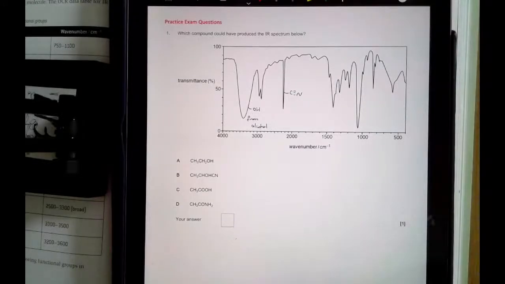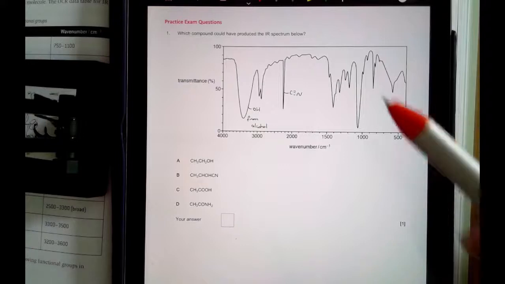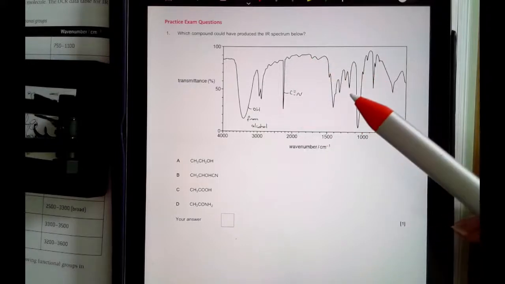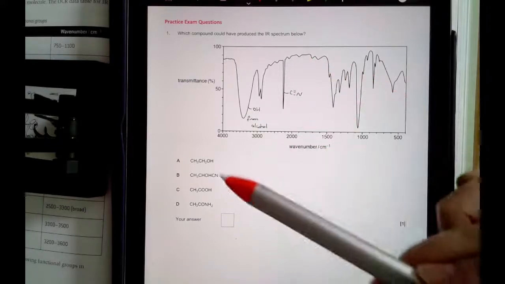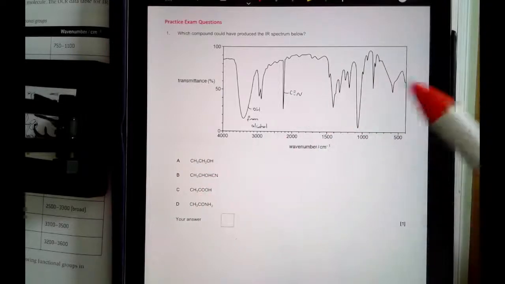Okay, so in this video I'm going to go through the answers to the exam questions at the end of 17.2, which is on infrared and on mass spec. So the first one, you're given an infrared spectrum and you're asked which of the molecules could have produced this